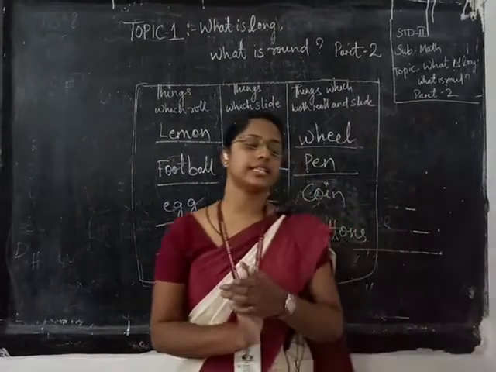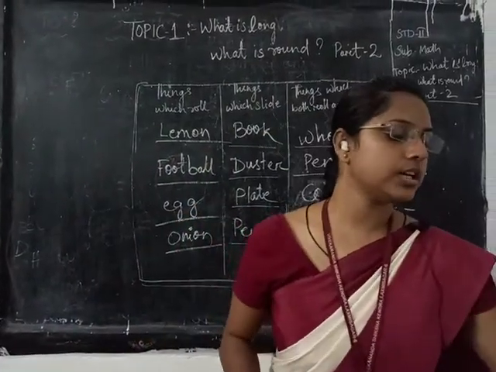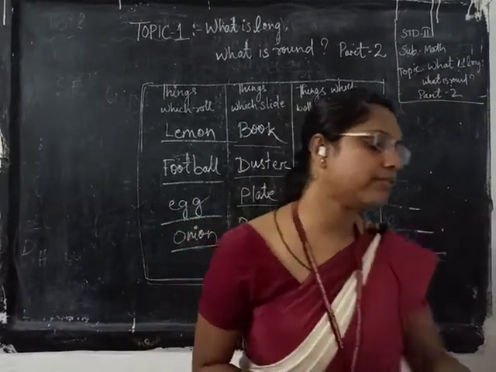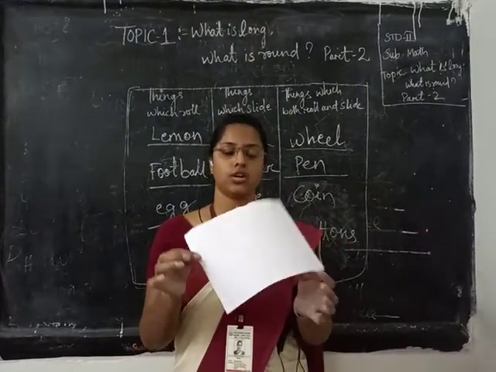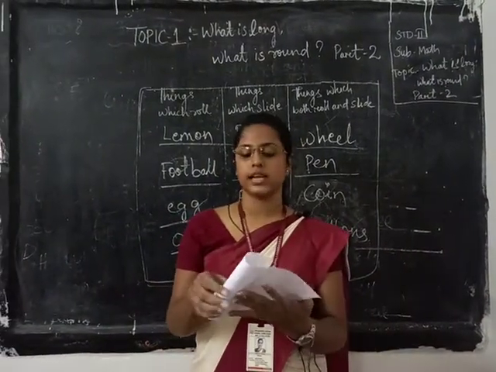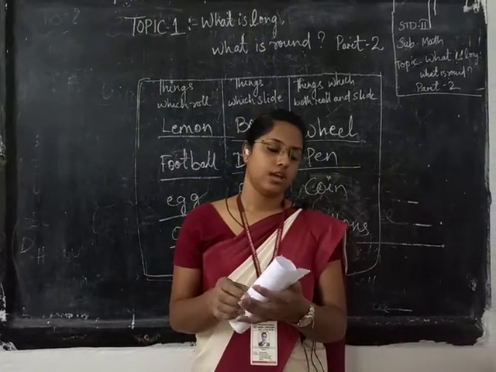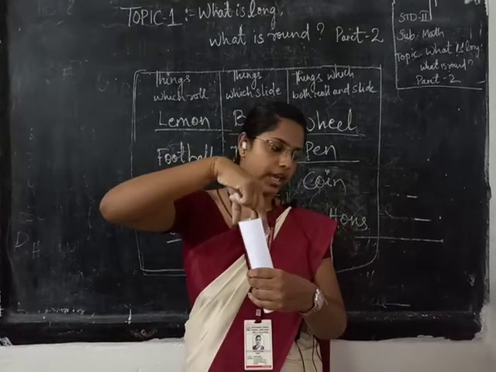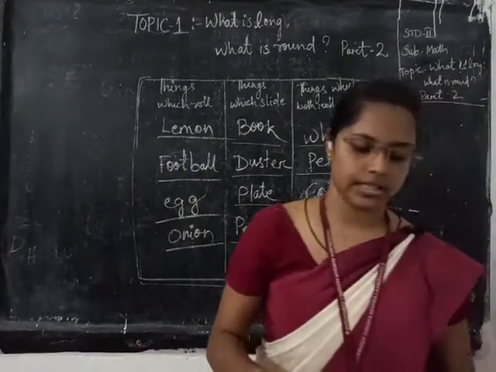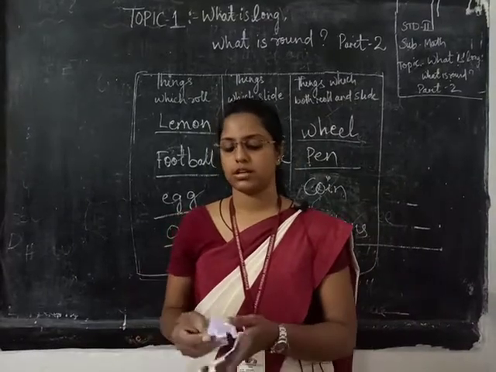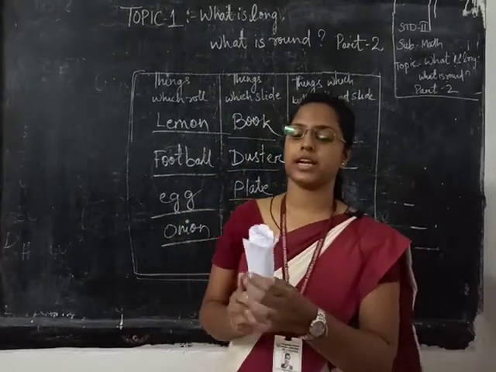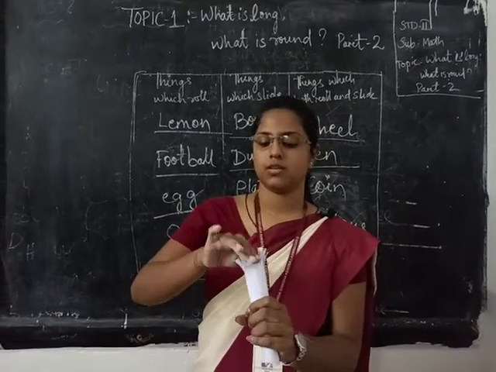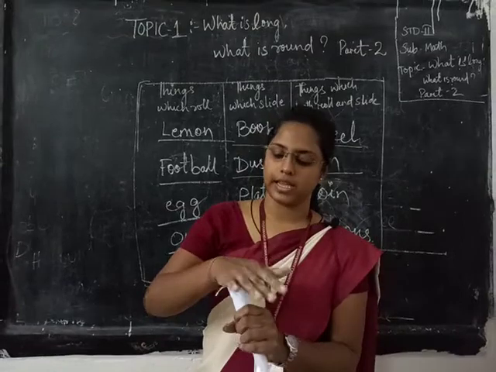So now listen, there is an activity to tell you how to draw a tree. For example, if you take a paper sheet like this, and you roll it like a pipe, take a scissor and cut it like this. Then your paper will look like this. Just a minute, I will show you. I have cut it like this, yes or no? Then I will press its ends.